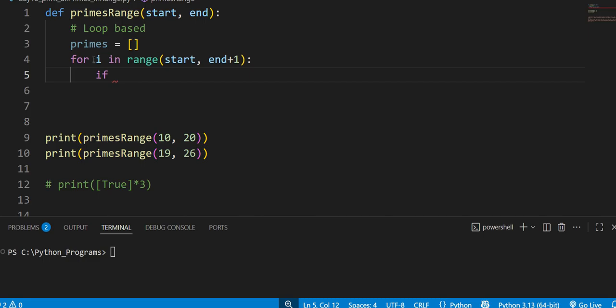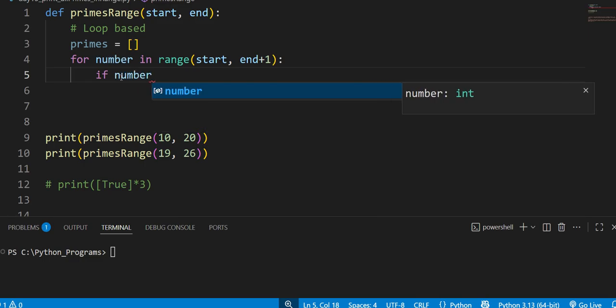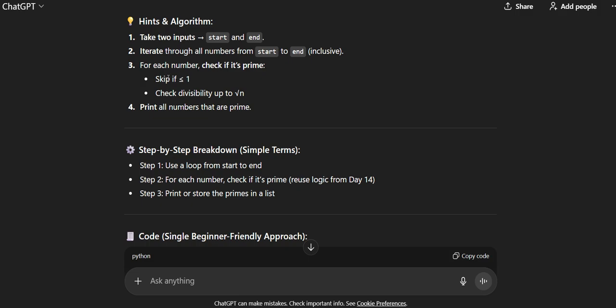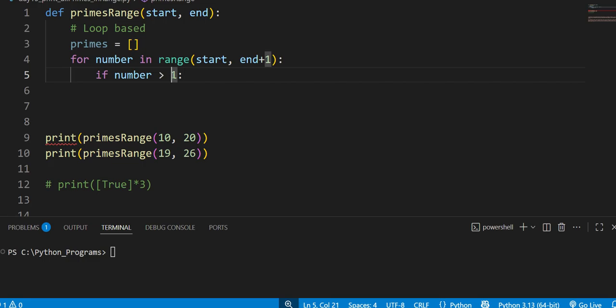So let's say I'm defining this as a number. If the number, that is the start value, let's say 10, is greater than 1 — why am I defining this? Because it skips other values like negative values and 1. Or else you can use greater than or equal to 2, whatever we can. So if the number is greater than or equal to 2, or greater than 1, we need